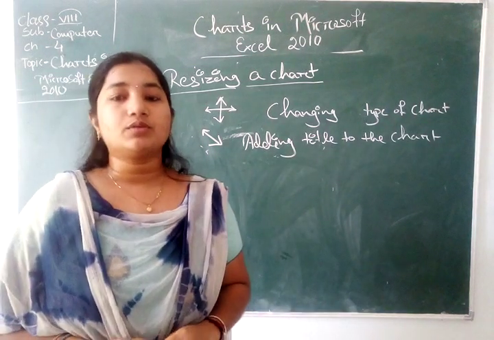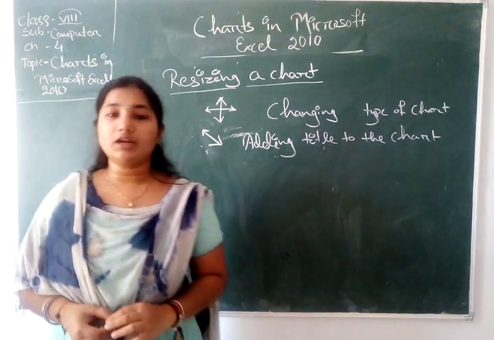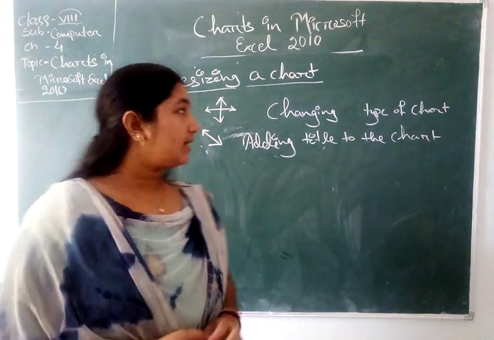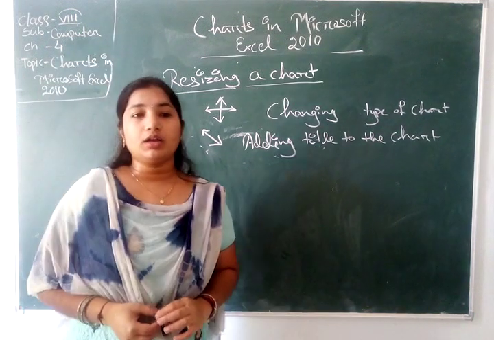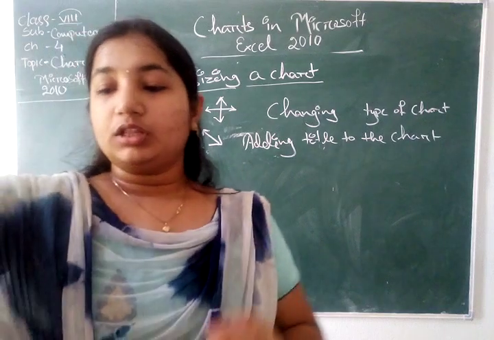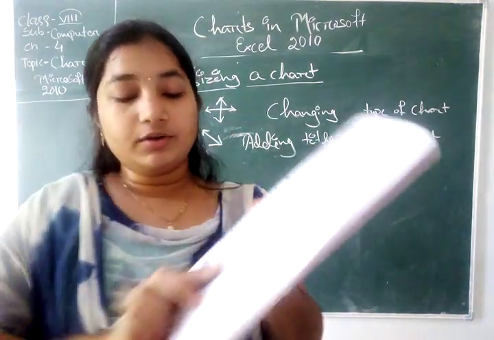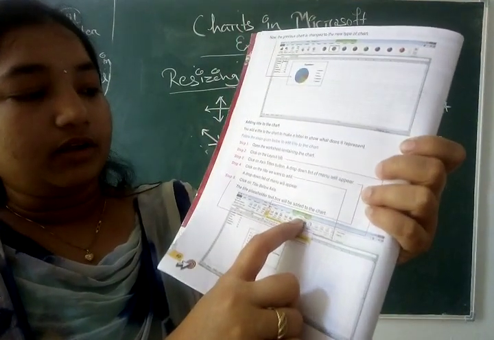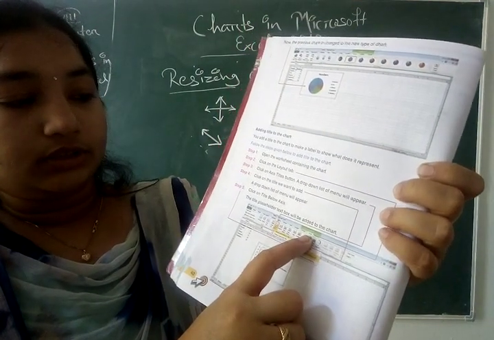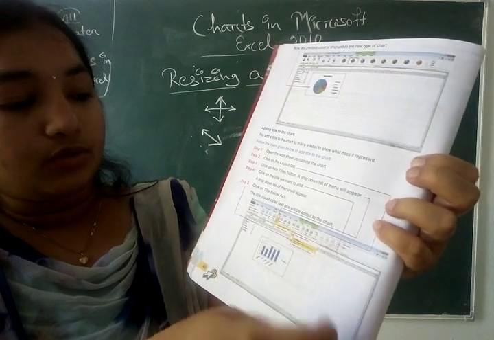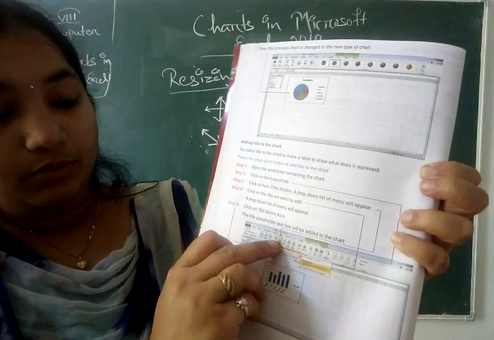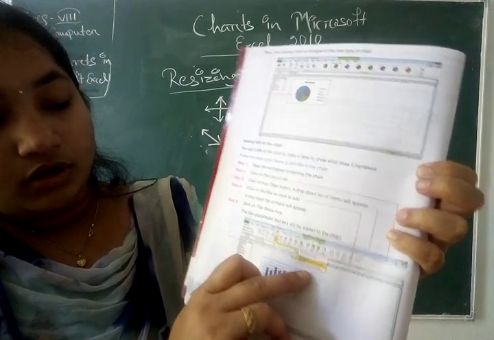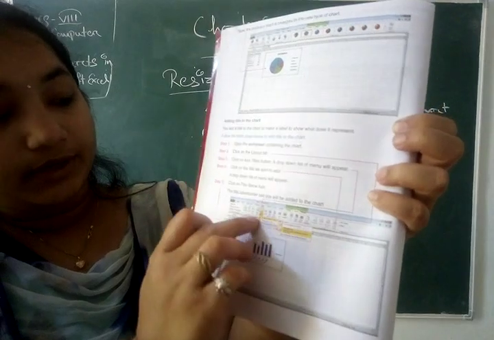The first step is to open the worksheet containing the chart, meaning the Excel sheet in which the chart already exists. We have to open that and click on the layout tab. The layout tab is here. Here you can see one layout tab is there. We have to click on that. Click on the Axis Title button, and a drop-down list menu will appear. Here is the Axis Title button. We have to click on that, and here you can see one dialog box has appeared.